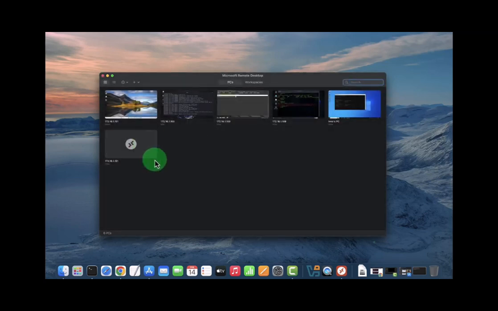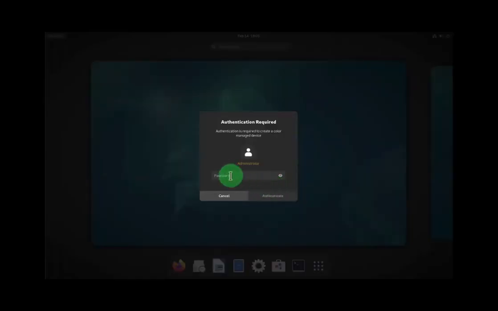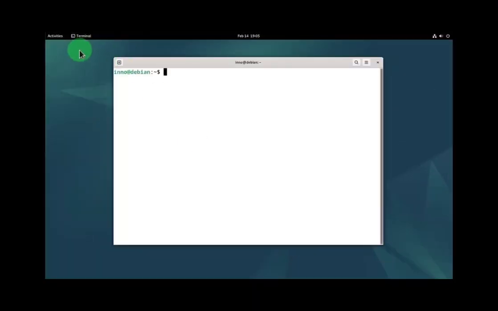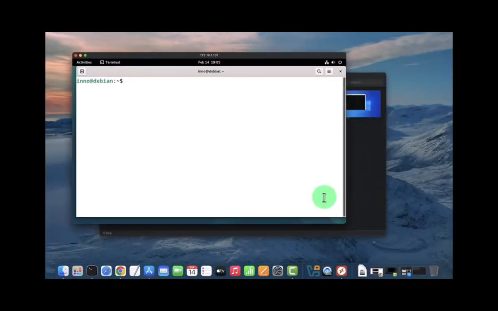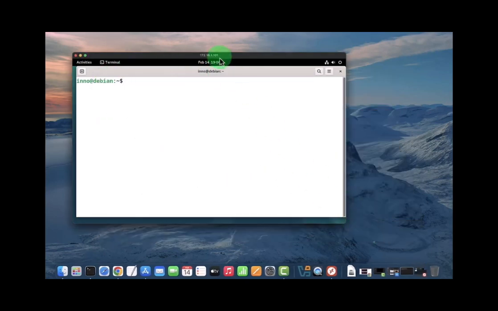So if you hover on it and click on the 3 dots, you have the option to connect. If this is your first time connecting, it's going to ask if you trust the device. So I'll click connect. Okay, put in a password. And as you can see, this is the window right here for the remote desktop application, and I'm connected to